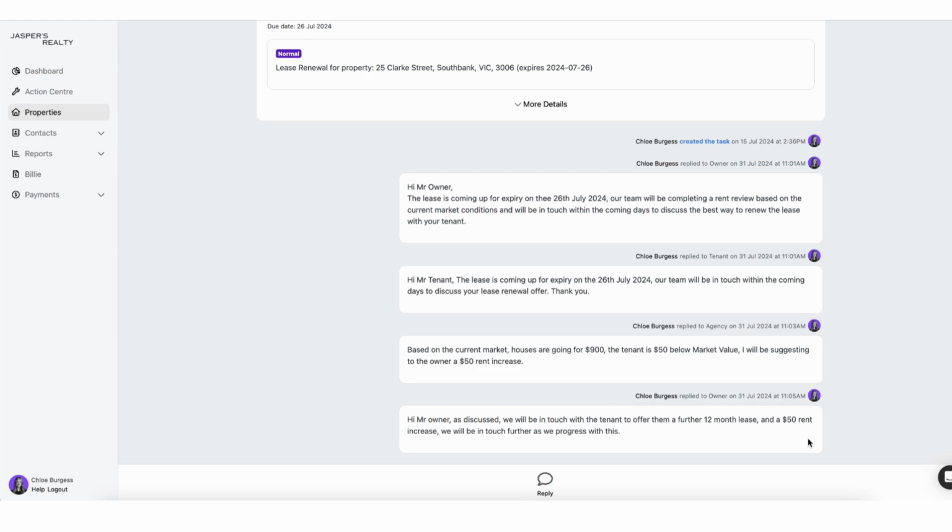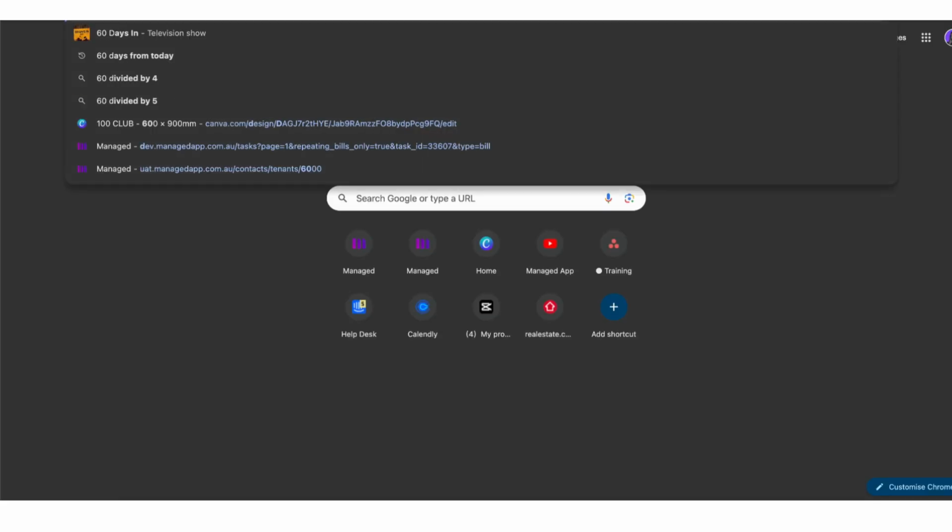Now, before I do so, I am just going to double check when I need to put that rent increase in place based on my state's legislative requirements when it comes to rent increases. It might be 60 days, it might be 90 days, it might be 30, depending on what state you are in. But I am going to double check when it's going to fall in alignment based on the rental period in the system. So if I went and looked at 60 days from today,